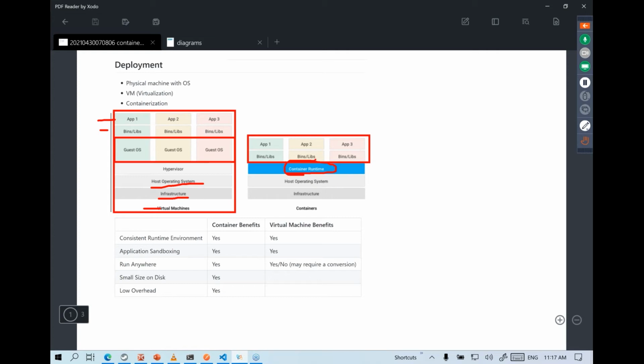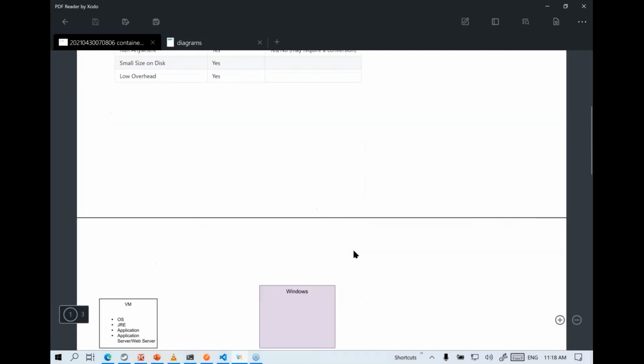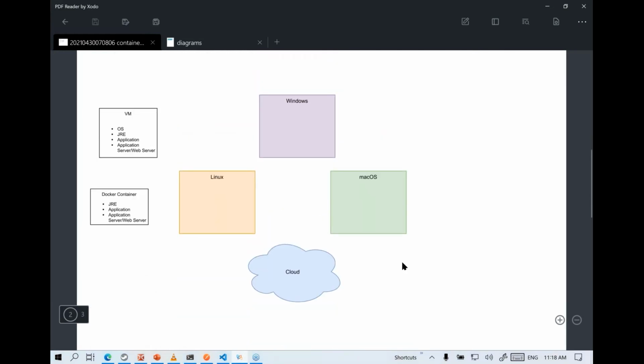And the goal is to make our application platform independent and make it more portable, basically. So for example, if you have a containerized application, we will discuss Docker in more detail in just a bit, but in short, when you have a containerized application, it will only contain your dependencies such as JDK/JRE. Your actual application will be there, and that is it. There'll be no OS at all.